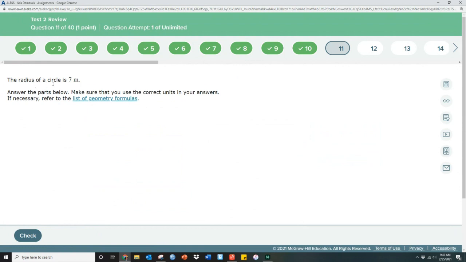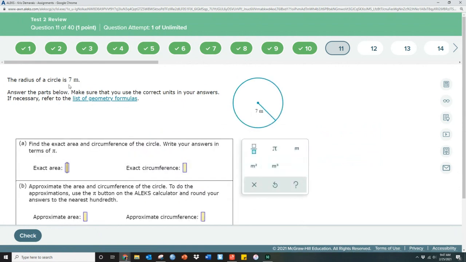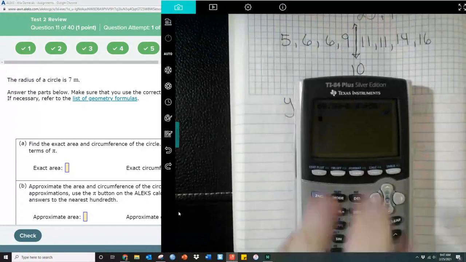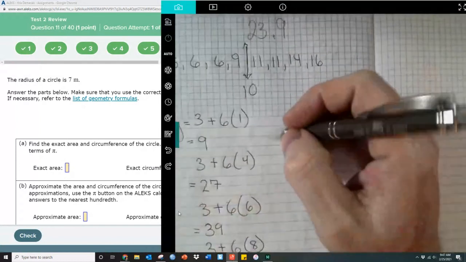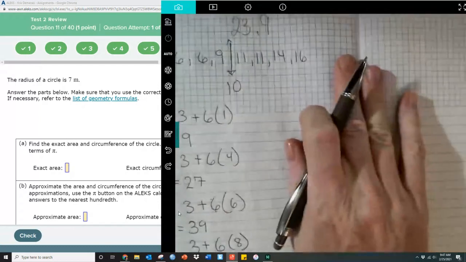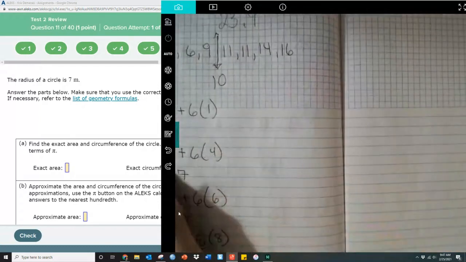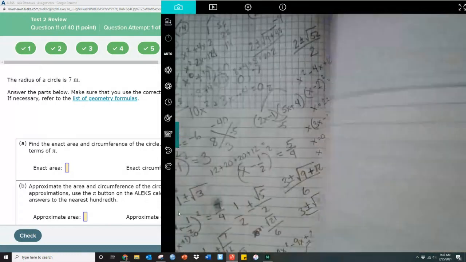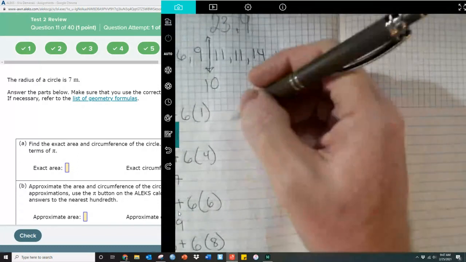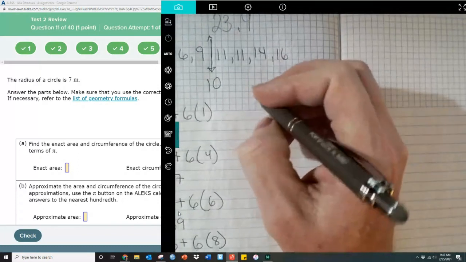Now, in this case, we're looking at the radius of a circle is 7 meters. It wants to know the exact area and the exact circumference. Now, you might need to write this down, all right? You might need to write the formulas down for this, because I've already given them to you once before when instructing this. I can go back to when I taught it to you, but there's no sense in that, right? I can do it right now. So you can look at the list of the